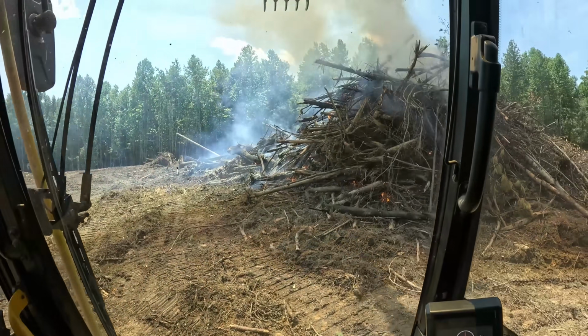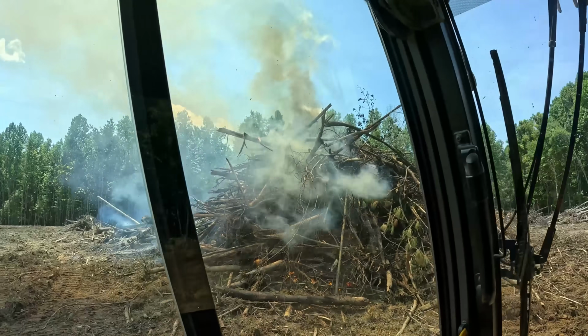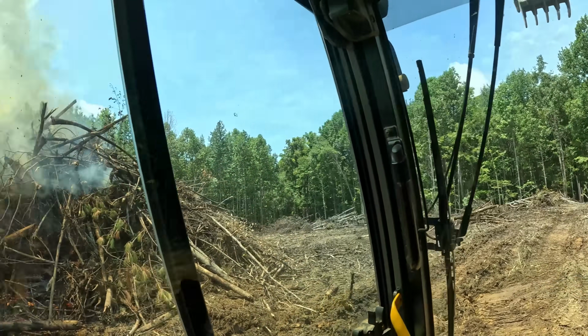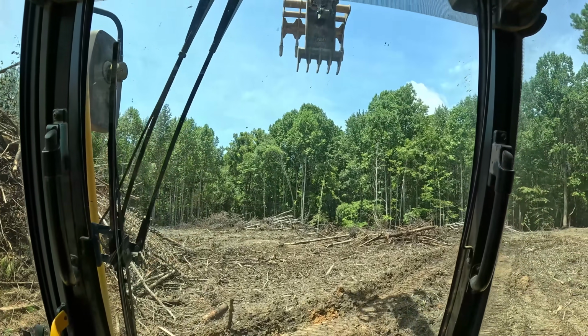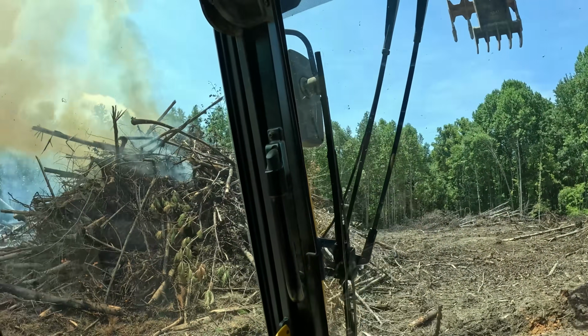It's 12:30, a little after lunch here. I've got majority of everything back here in the back. I'm gonna let this die down a little bit. The pile's getting so big it's hard to reach up there and reach the top of it. So I'll let this burn down for an hour and a half, 2 hours. Come back over here, finish grabbing the rest of that mess, get it on here,